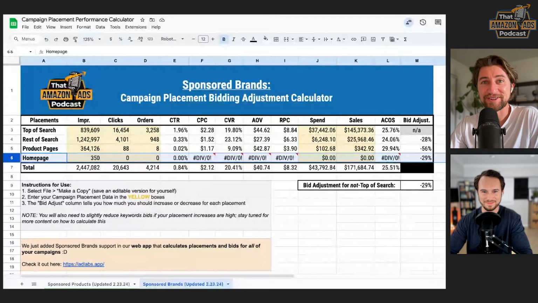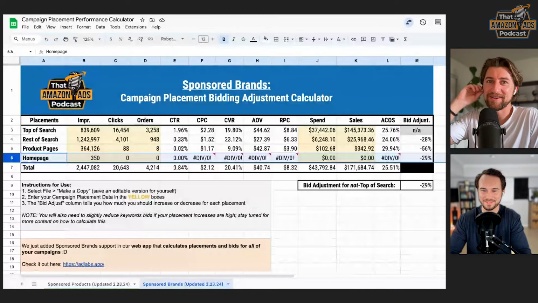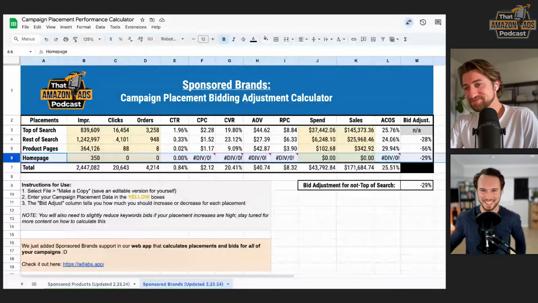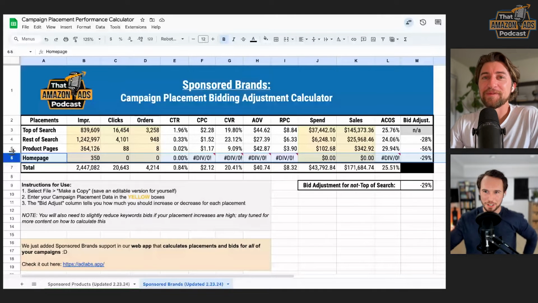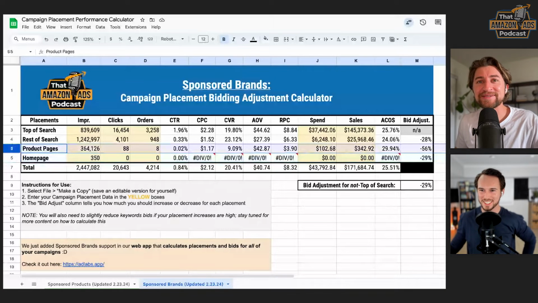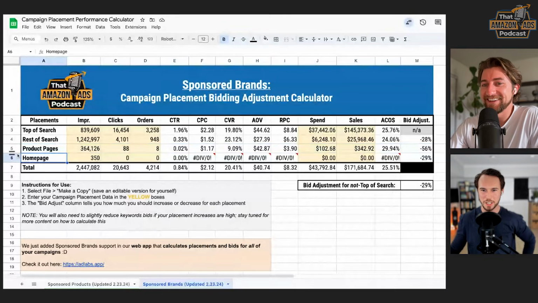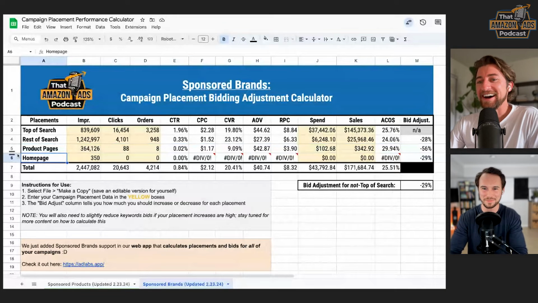I'm targeting people's search history, maybe? I don't know. It's gotta be, right? Amazon.com, baby. Well, I meant like if they previously searched for something and like, okay, we can, I know, I got you. Yeah. There are no targets for homepage, by the way. You can't just say you want to target Amazon's homepage. Placements. Yeah. Make sure you add Amazon.com to your product listing for better SEO for the homepage placement. Very valuable. Major hack. Yeah.